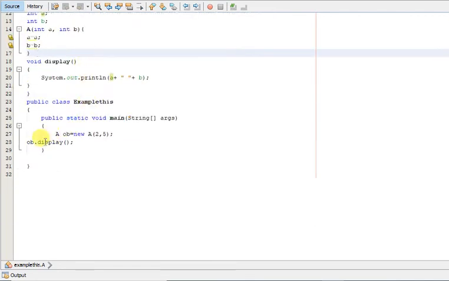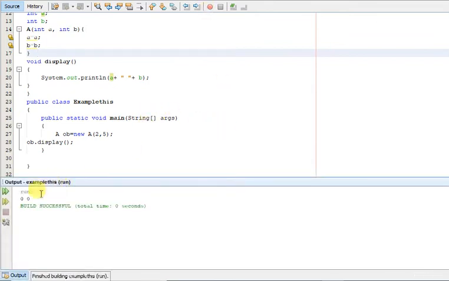So if we call the display function which is printing the value of A and B, it will print 0 and 0.